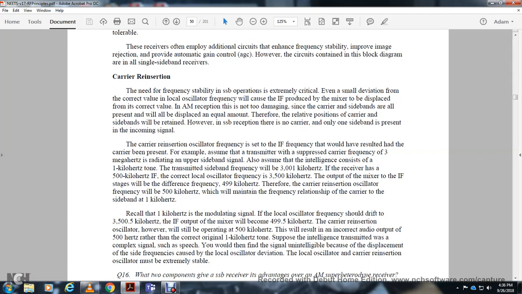However, with single side band reception there is no carrier, only one side of the amplifier for the incoming signal. The carrier reinsertion oscillator frequency is at the intermediate frequency, which would have the result of the carrier being present, for example, assuming the transmit carrier frequency